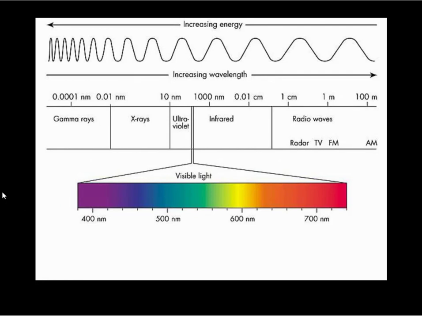And so violet being shorter wavelengths down here. When you see color, by the way, this is what you're seeing. When light hits an object, some wavelengths are reflected and some are absorbed. The ones that are reflected are the ones that you see. The ones that are absorbed are the ones that you don't see. That's why objects are different colors.